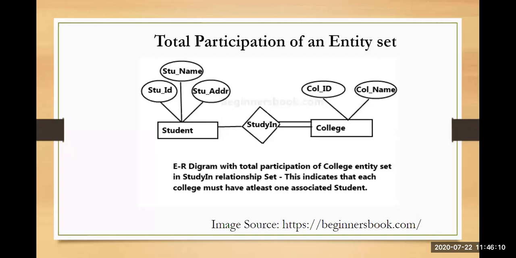College and student are two entities, and the relationship between them is 'study in'. The student has attributes like student ID, student name and student address. The college has college ID and college name. Here we can say that each college must have at least one associated student. That is why it is total participation going from student to college, because at least one student will be studying in the college.